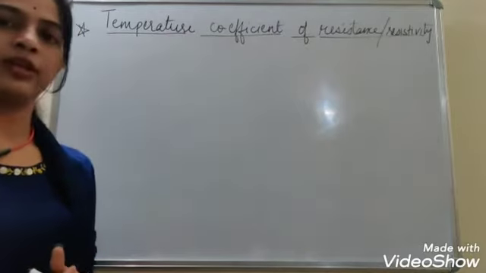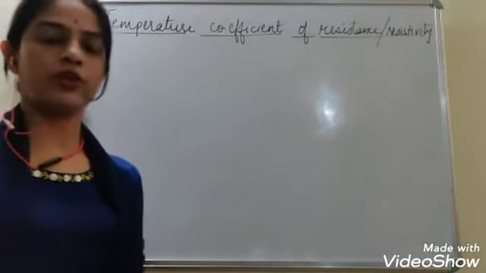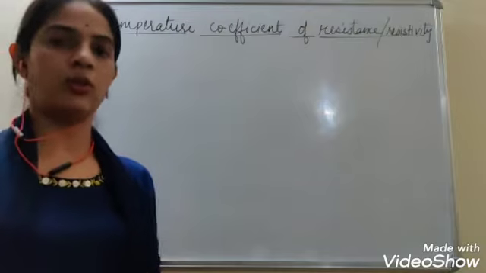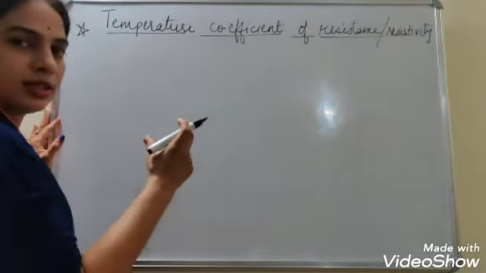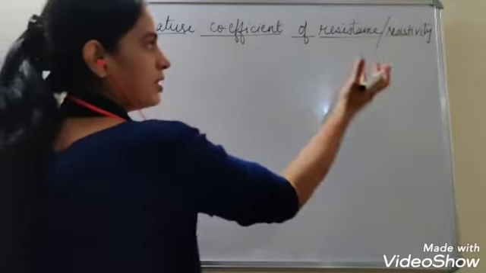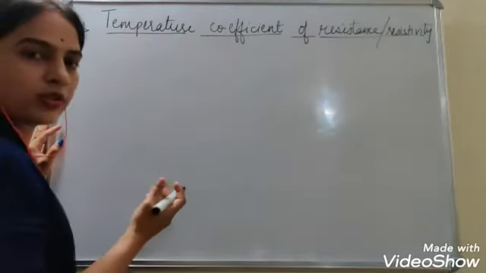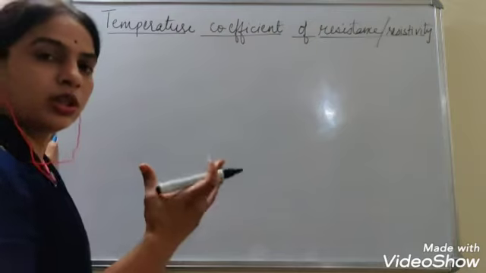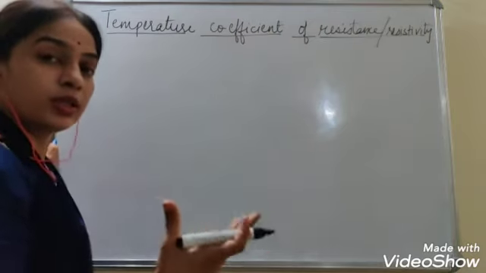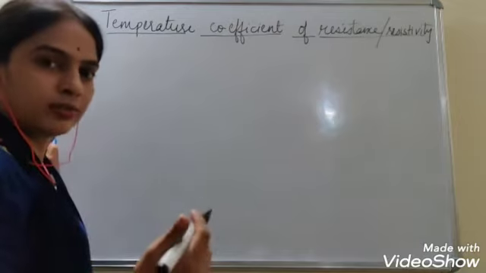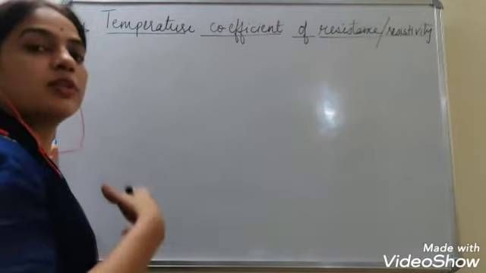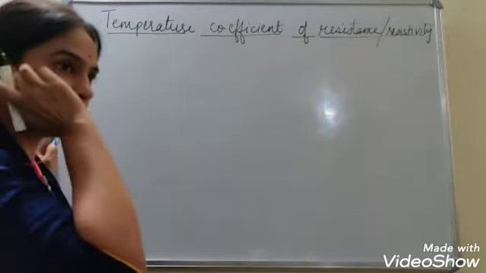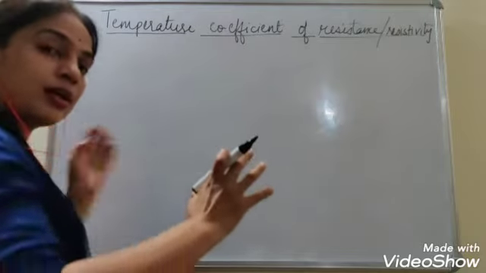Now we will derive the expression for the temperature coefficient of resistance or coefficient of thermal resistance. This is the topic from where you will get the questions. Since we are defining it for resistance, we generally define it for alloys, because now we know that with increase in temperature, the resistance and resistivity of alloys doesn't change. For conductors resistivity or resistance increases, and for semiconductors the resistivity decreases. For alloys the resistance remains stable.